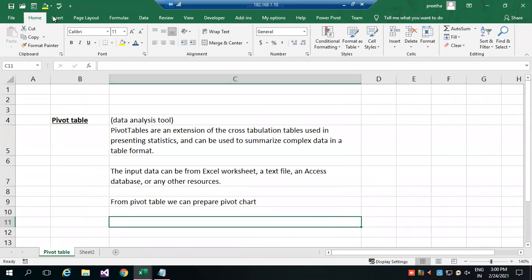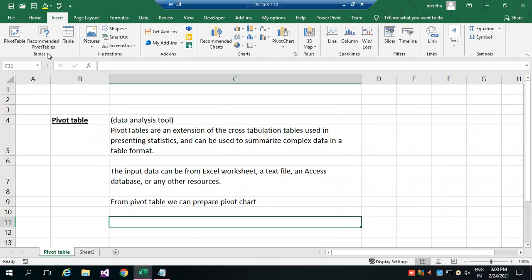So here in insert, we have an option called pivot table. You can see here, this is in Excel. When we were discussing the features of Excel at the beginning of the class, I told you about data analysis. You can analyze your data, the process, what is happening with your business, with any kind of manufacturing, production, sales, labor management, productivity level. For all, you need to analyze so that you can improve your business and take decisions.